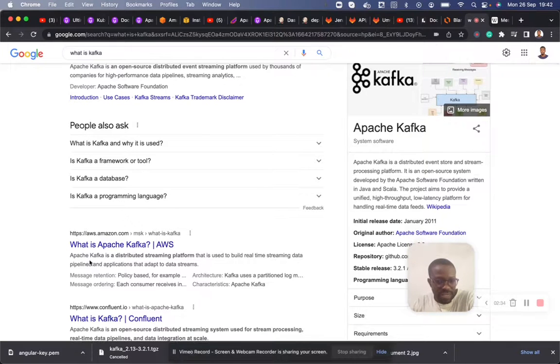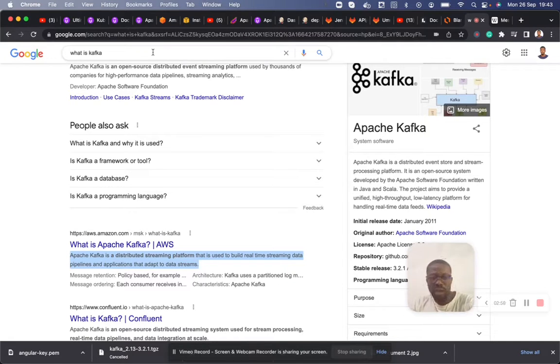So if you can see, Apache Kafka is a distributed streaming platform that is used to build real-time streaming data pipelines and applications that adapt to data streams. Just a movement of data from source to destination. And who uses Kafka? A lot of companies.